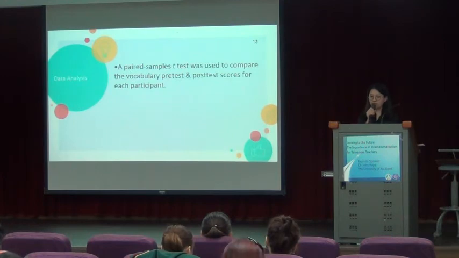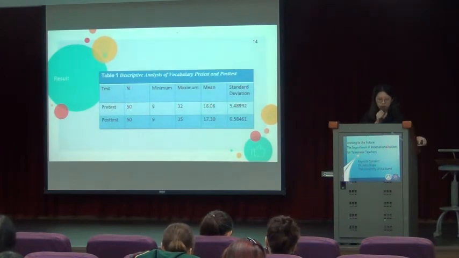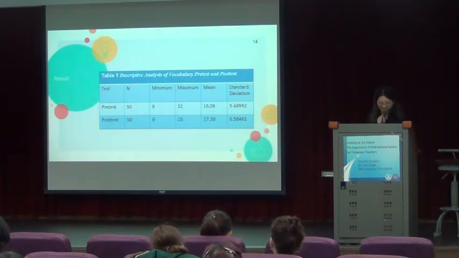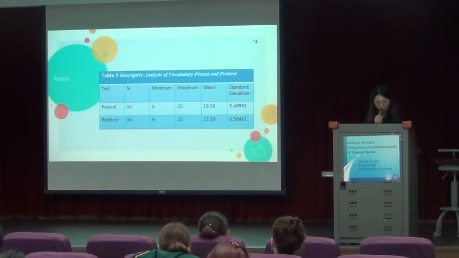For the data analysis, a paired samples t-test was used to compare the vocabulary pre-test and post-test scores for each participant. And here are the results. As you can see from Table 1, Table 1 offers a descriptive analysis of the vocabulary pre-test and post-test. On the pre-test, the lowest score was 9, and the highest score was 32. On the post-test, the lowest score was 9, and the highest score was